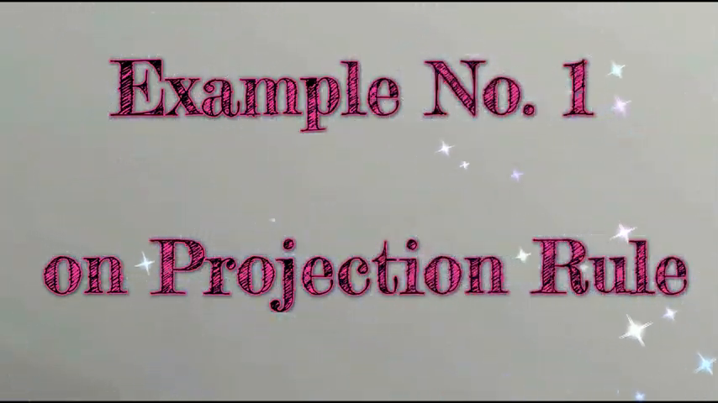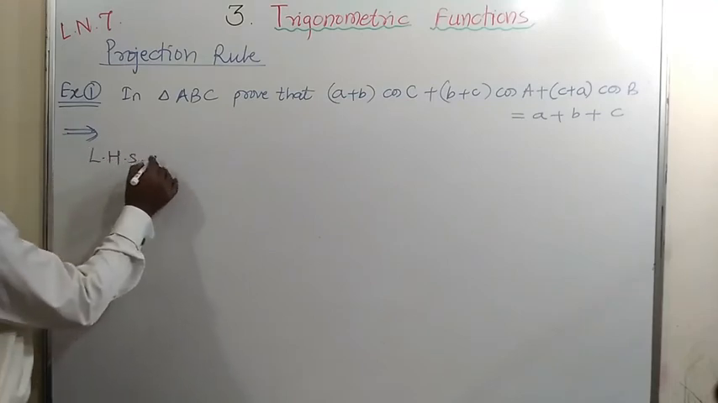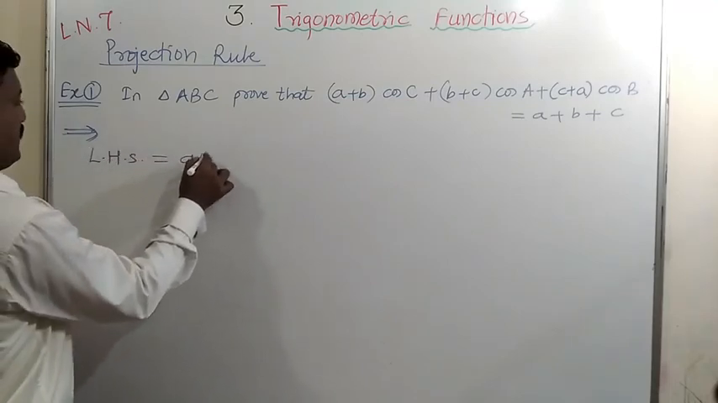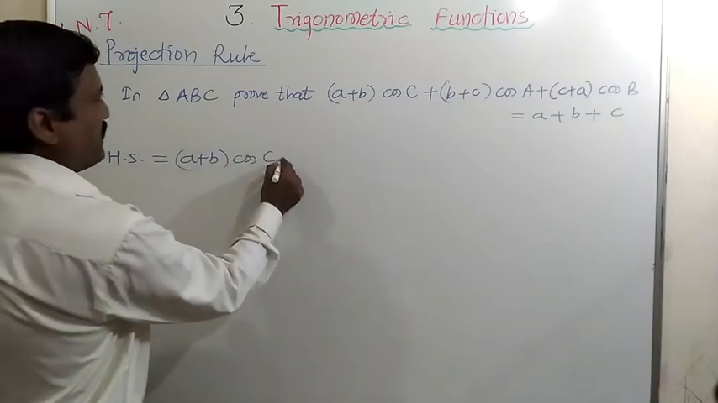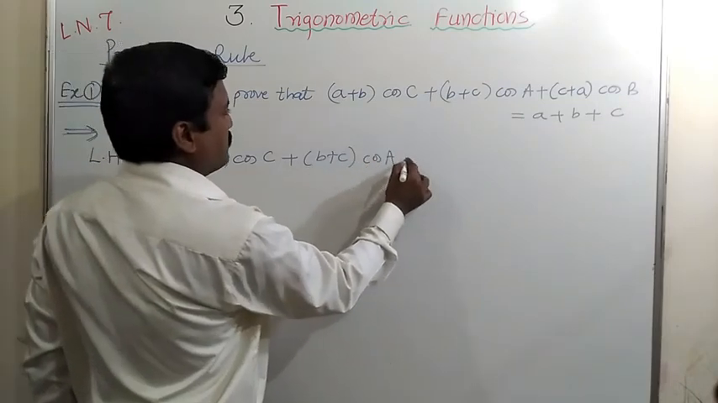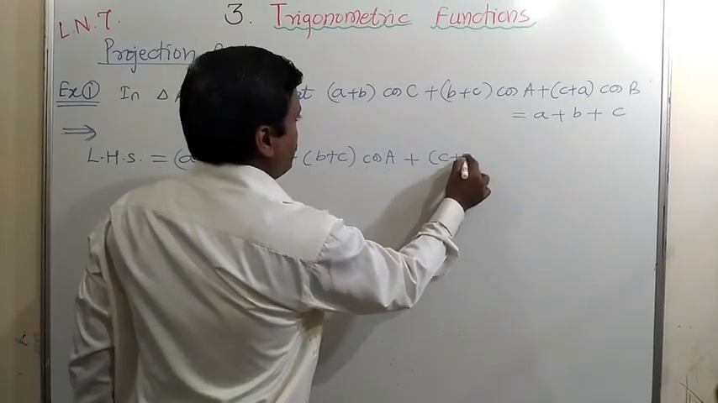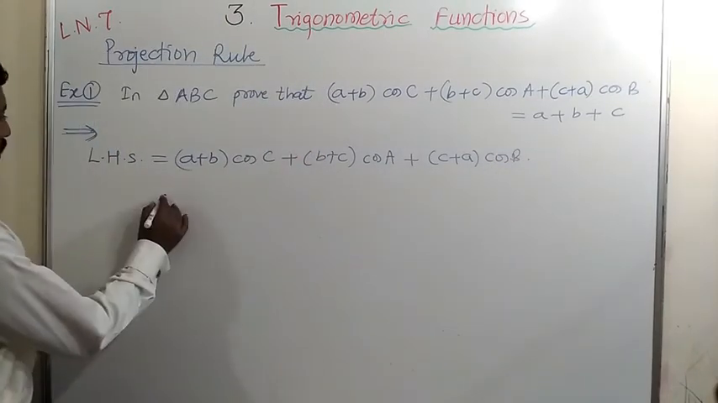Okay, let us do example number 1 on projection rule. So first step, LHS is equal to, once again I am writing that, (a plus b) into cos C plus (b plus c) into cos A plus (c plus a) into cos B, and it is equal